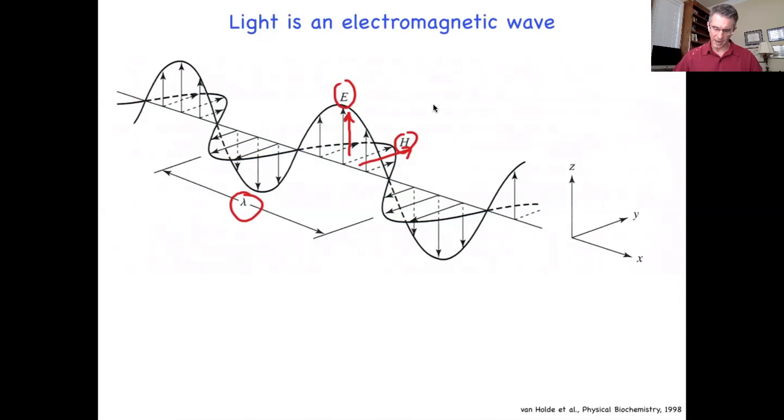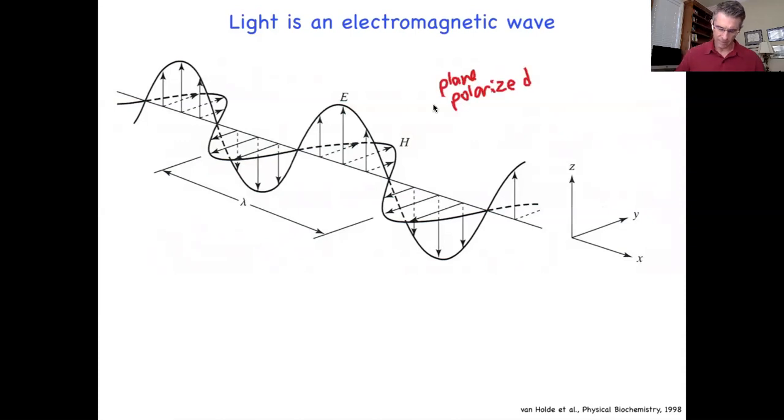Another interesting thing about this diagram that I'm showing here is that you notice that down this propagation direction, down this x-axis here, the electric field basically stays oriented, right? It's following sort of a plane. This is an example of plane polarized light, in which the electric field vector doesn't change its spatial orientation down the direction of propagation,